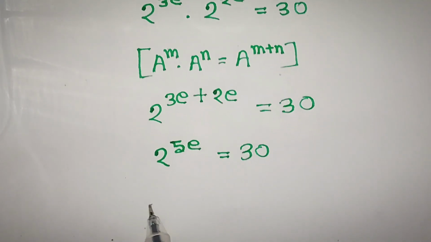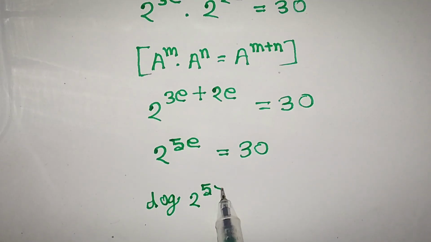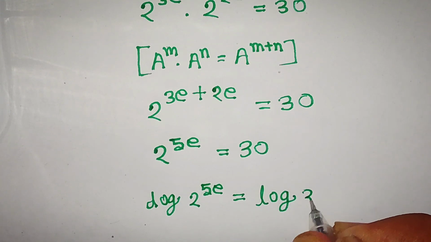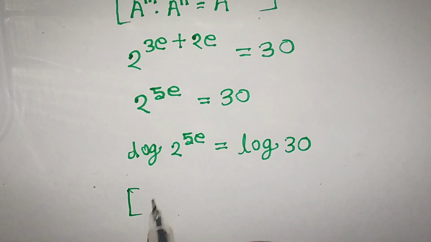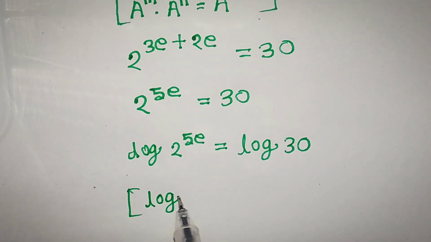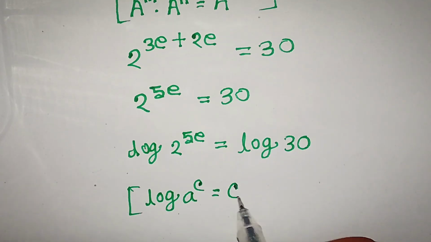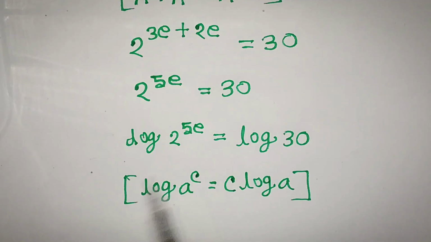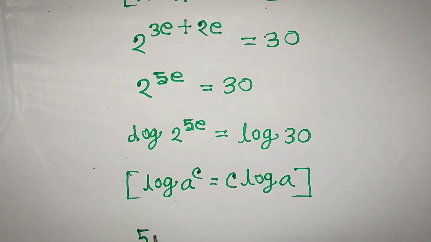So here we have to take log on both sides: log 2 to the power 5e equals log 30. After that we have to use another formula. It is log a to the power c equals c log a. So now we apply this formula here, then we can write 5e log 2